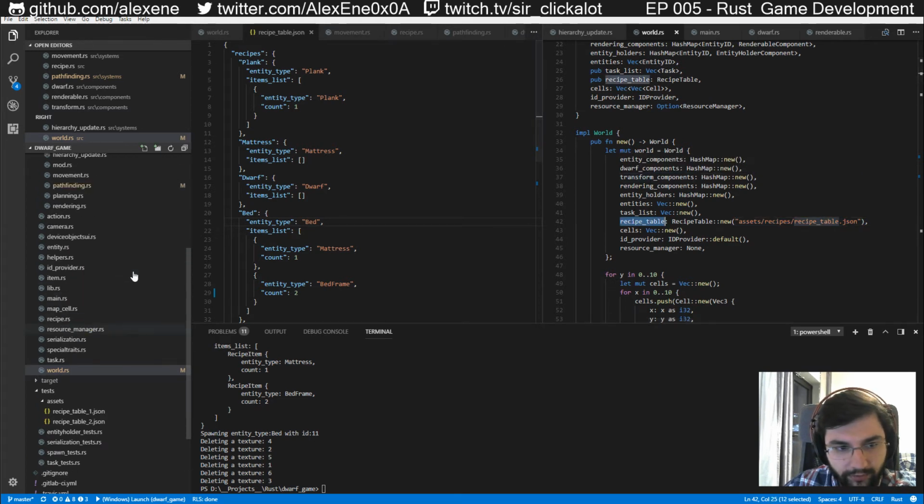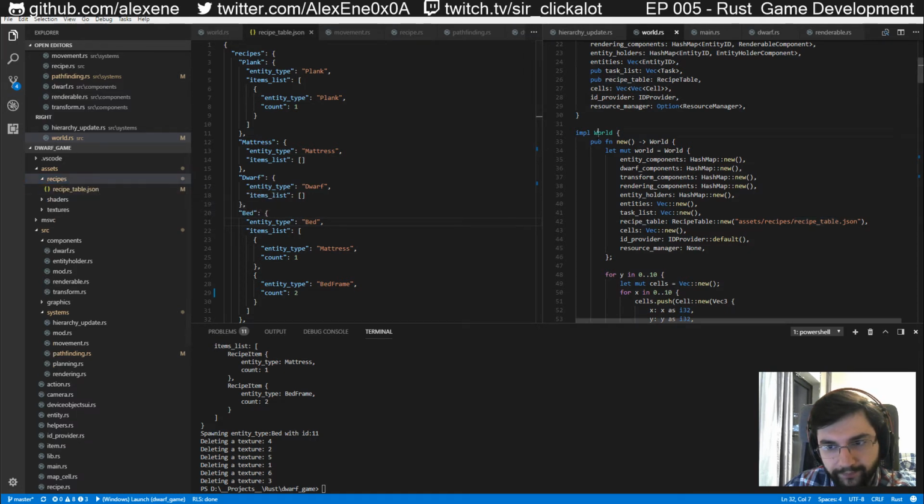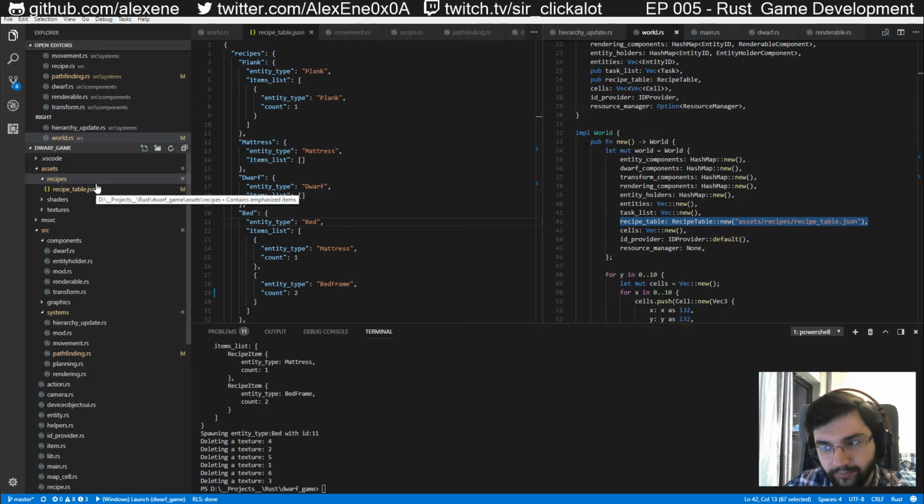So we have some recipe table which is here in assets. That should be referenced, so I suppose this should also always be referenced by the world, because if you have a game and I release an update and you have a map already saved, you shouldn't